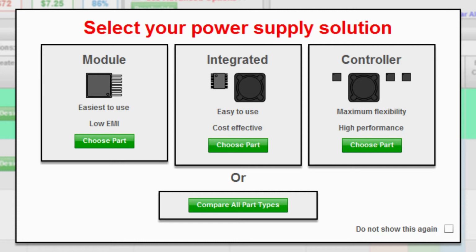And then a module, of course, is something where you have the least control over all of the attributes, but you get a design that's the easiest to do. And definitely from an EMI point of view, we've shown that modules, because of their tight construction, actually help with EMI. Today we're going to do an integrated design.